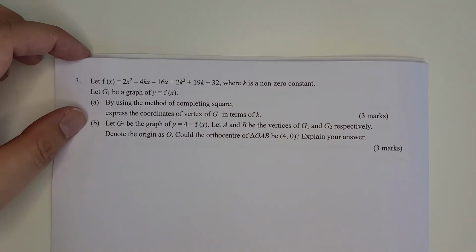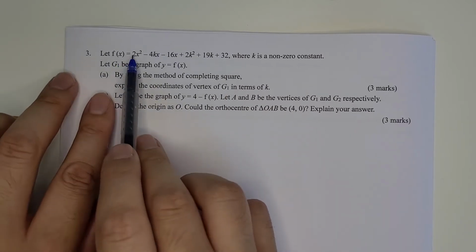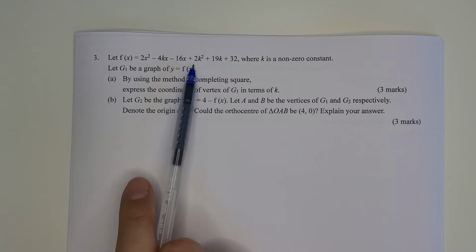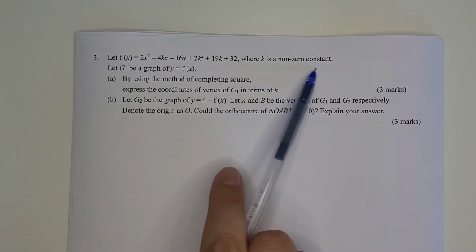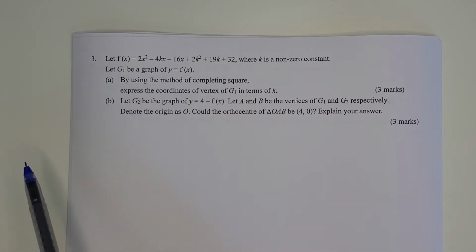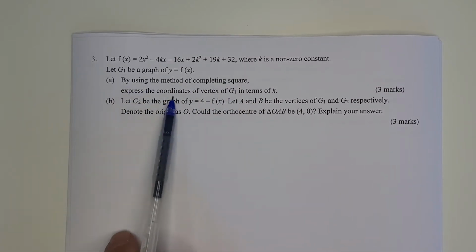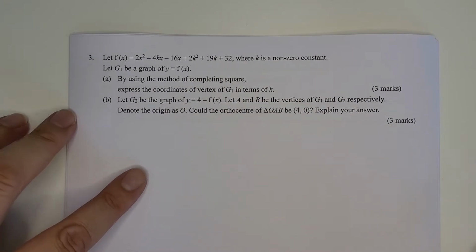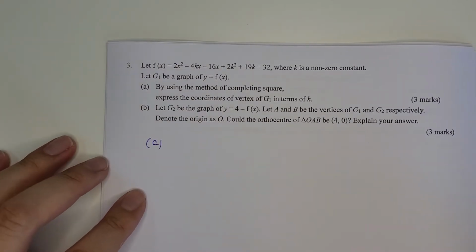That's the question about the quadratic graph and transformation. Let f(x) be 2x squared minus 4kx minus 16x plus 2k squared plus 19k plus 32. k is a non-zero constant. And G is the graph of y equals f(x). A, by using the method of completing the square, express the coordinates of the vertex of G in terms of k. So, very straightforward using the method of completing the square. But the difficulty is